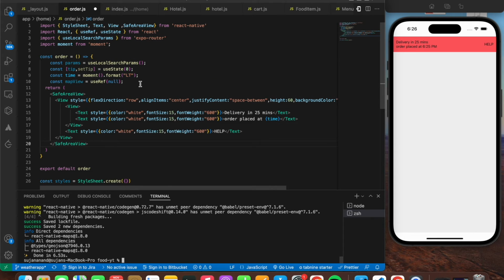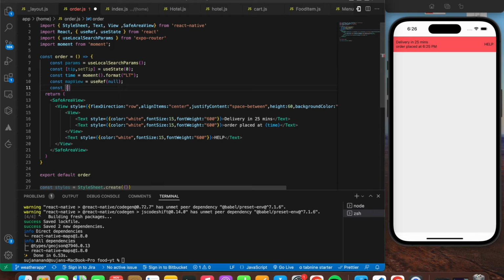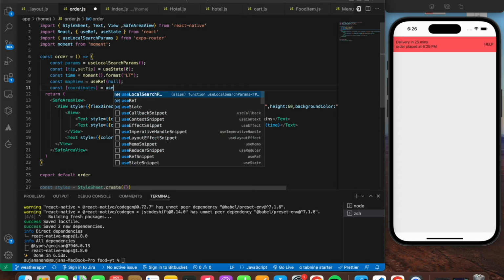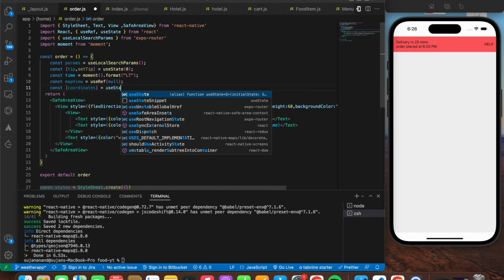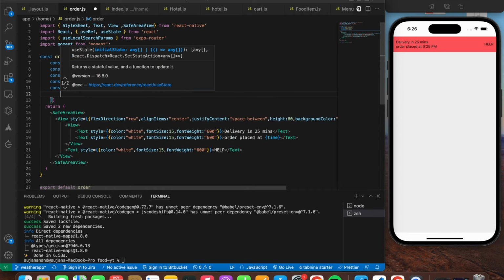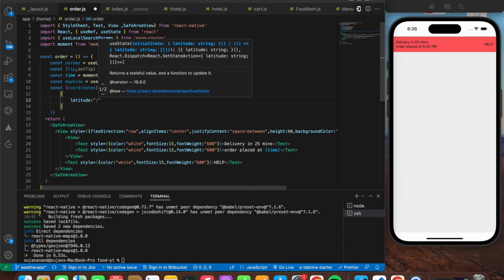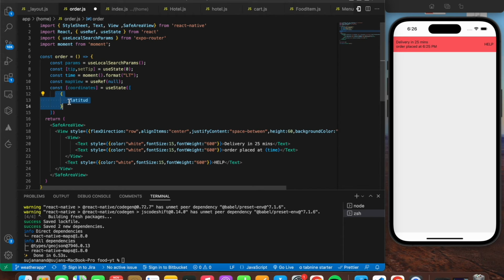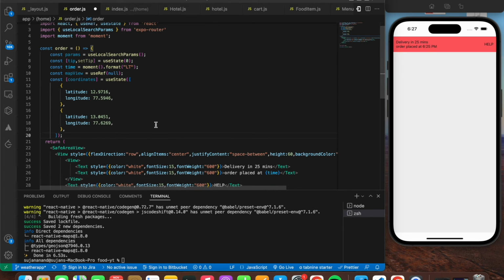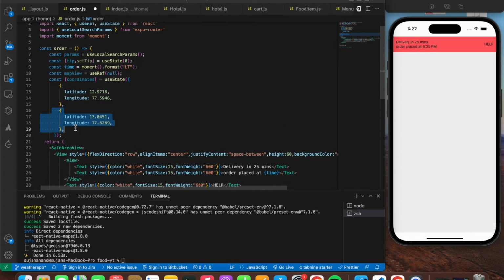So let's go at the top of the page, and then we're going to initialize the coordinates that are required. So I'm going to say coordinates equals useState. This is going to take in the form of an array, that is latitude. I'm just going to get the data for this instead of typing it out. So I just pasted the code for the latitude and the longitude. Currently, while we implement the backend part, we're going to initialize and get the original latitude and longitude of the user. For now we're just using this, and the second one is going to be for the